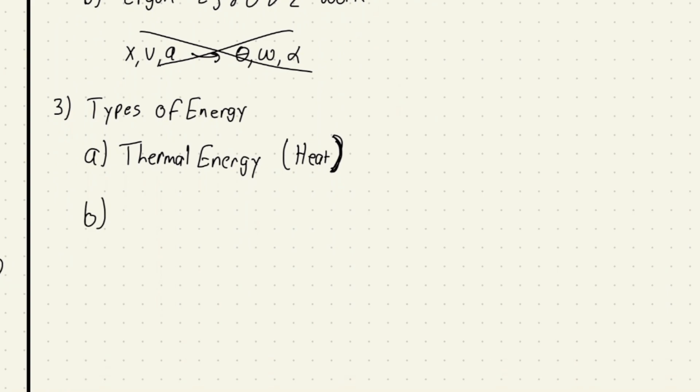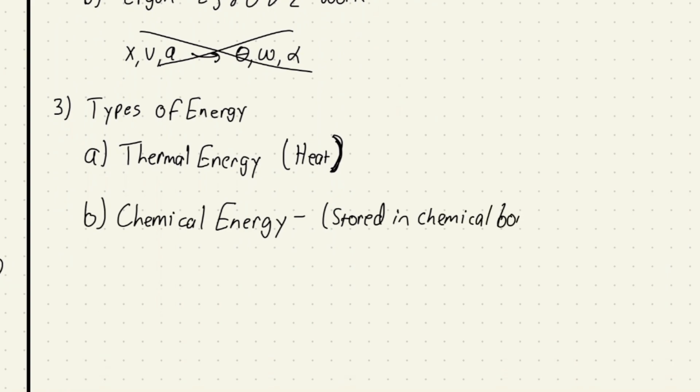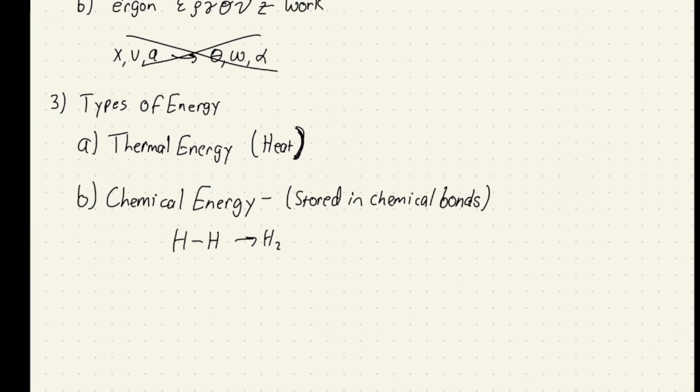So the next type of energy we'll talk about is chemical energy. You're familiar with this energy, I'm sure, if you've taken chemistry, or if you ate breakfast this morning. This is the energy stored in chemical bonds. So maybe just a simple case, we talk about hydrogen bonded to hydrogen to make that H2 gas, that diatomic gas you learned about in chemistry in 10th grade, or that you learned about and didn't pay attention to, or maybe just forgot. But there is a certain amount of energy in that bond.